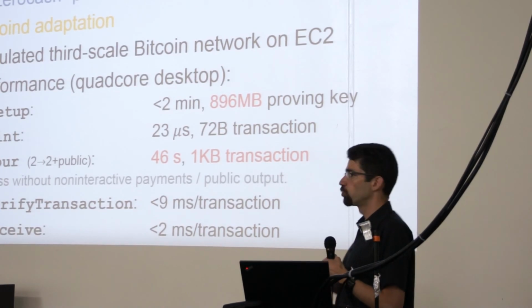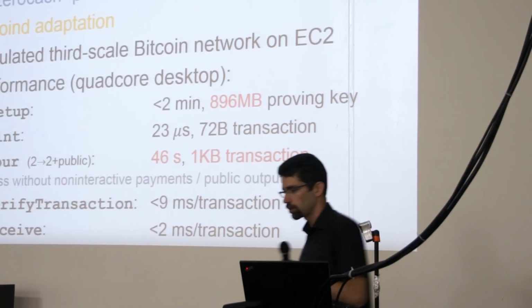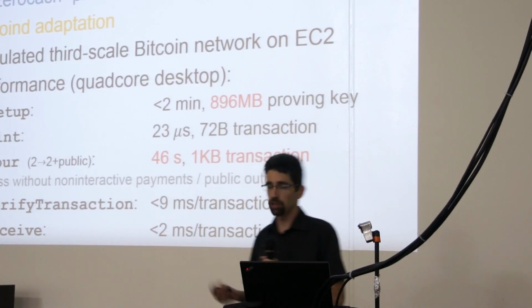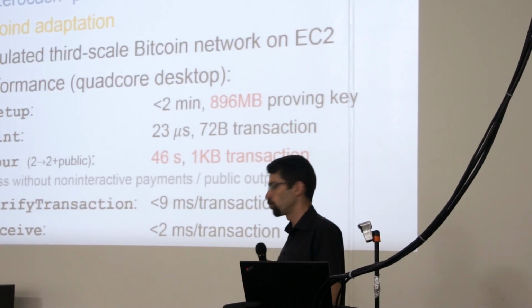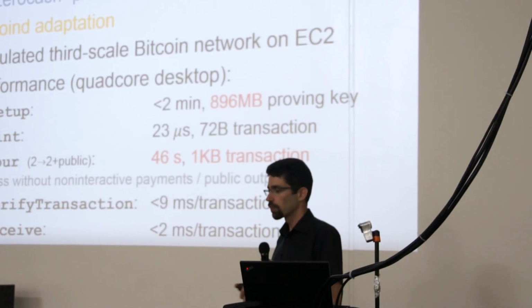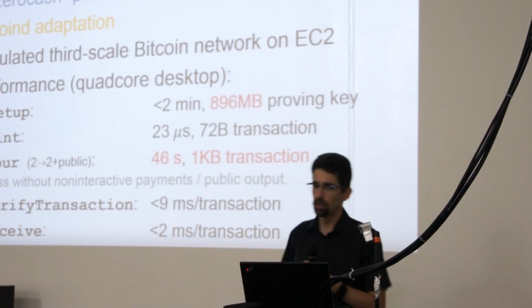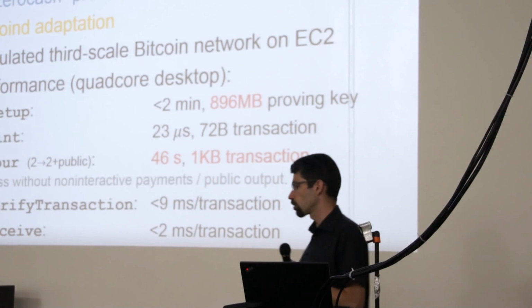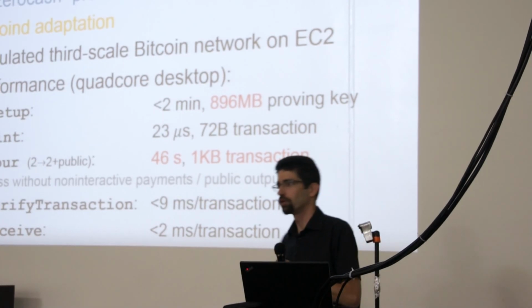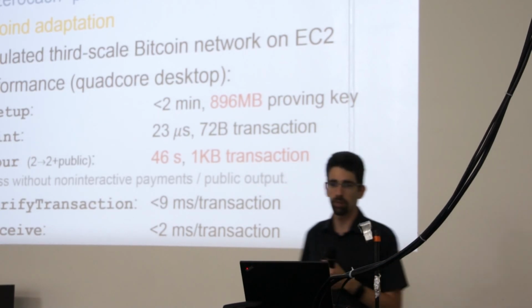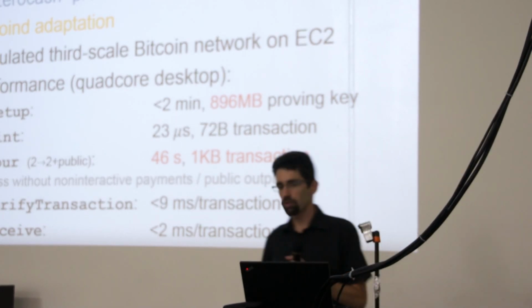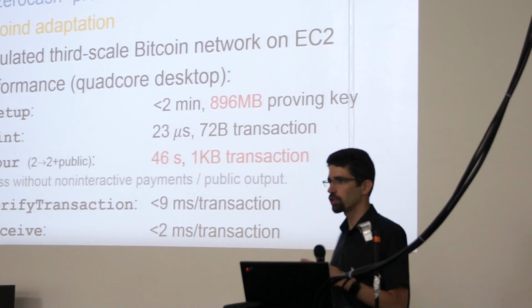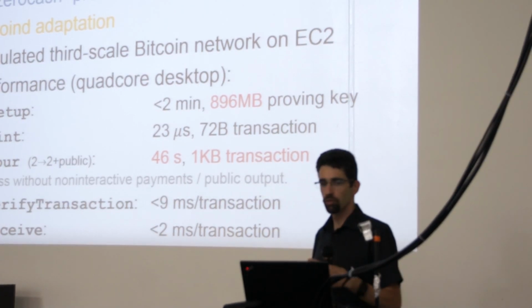To make sure that it indeed works and that the delays in verifying transactions and sending them are manageable and don't create any bottlenecks in the distributed ledger protocol, we actually went ahead and simulated the operation of a ZeroCash augmented Bitcoin system on a scale comparable to the whole of Bitcoin, so roughly a third of the Bitcoin, according to published estimates. We got a whole bunch of EC2 virtual machines, each running several simulated nodes. We ran it for a while, and